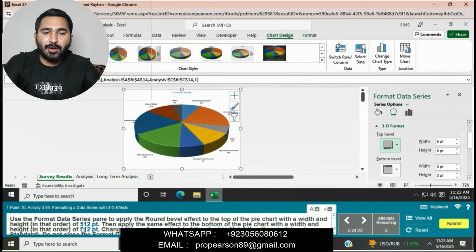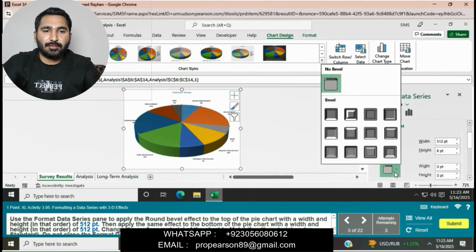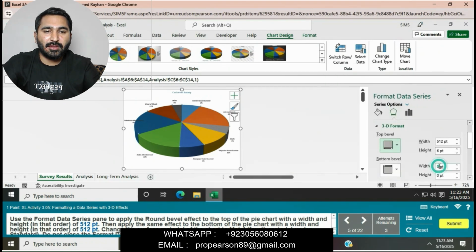Width is 512 point and height is also 512 point. Okay, with the same, set 512 point for the bottom bevel and top bevel. We will set both width and height of bottom bevel and top bevel to 512 point.